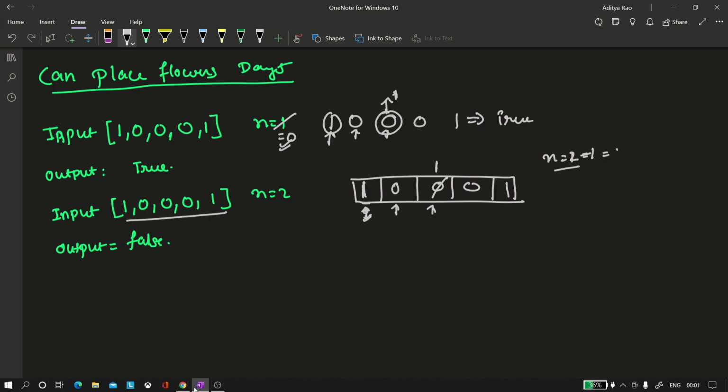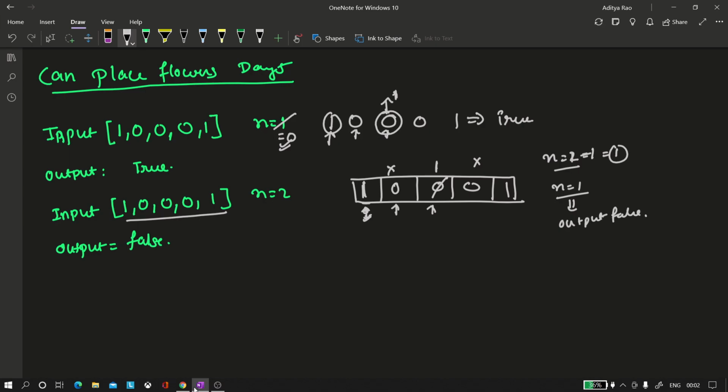If we plant one we are remaining with one more, so we cannot place either here or here. So we are not able to place the complete given plants, and therefore the output of this is false.